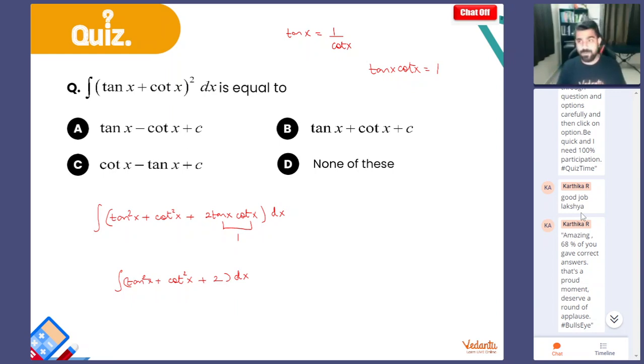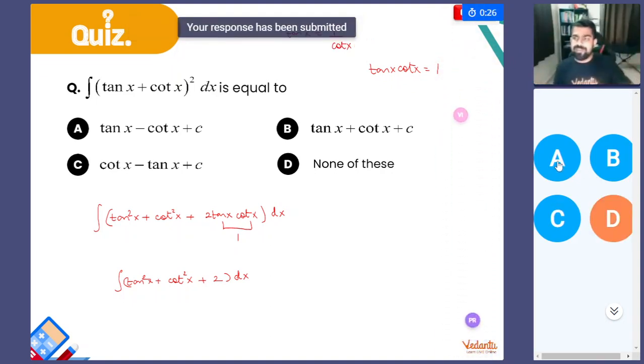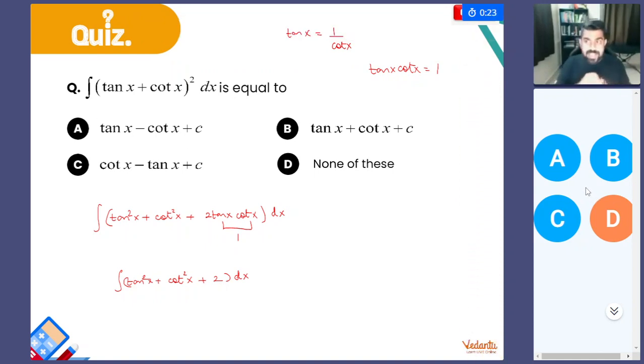Now you guys can try it out. I have made it a bit easier now. I hope you're all ready because your time is going to begin in 5, 4, 3, 2, and 1. Let's go. Come on, people. Everybody try to solve it and give me the right answer. Last 10 seconds. Your time is running out. So, people, you have to be fast.